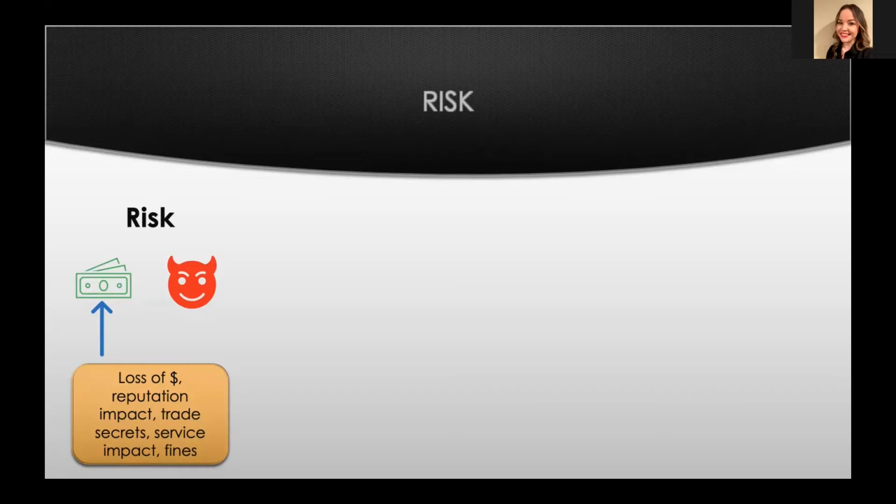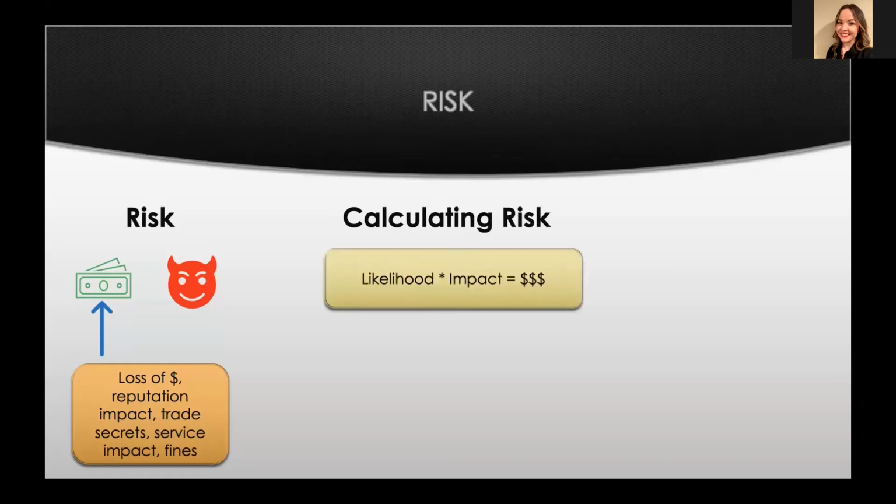All of these things, basically, everything a bad guy could possibly want to do, or that an organization could, maybe not even a bad guy, just fail to do something the right way, can potentially cause loss of money. And that's when we're talking about risk. It's very quantified. And how we calculate it is fairly simple. There's the likelihood, what is the potential that this bad thing could happen, and then if that happens, what's it going to cost us, right?